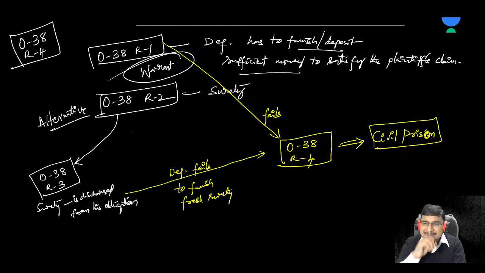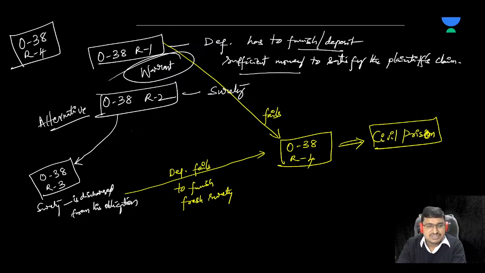Therefore, if the defendant fails to furnish the security, or if the surety was discharged from his obligation and the defendant fails to furnish a fresh surety, under those circumstances, according to Order 38 Rule 4, he may be committed to